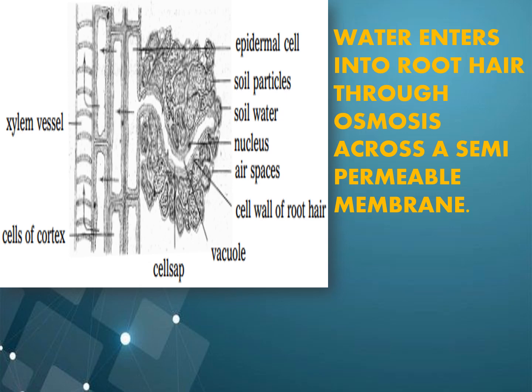This process we have already learned in the previous class, in the chapter on movement of substances through the plasma membrane. The entry of water dilutes the contents of the root hair, and it becomes more dilute than the neighboring cell. As a result, the water passes into the neighboring cell, which in turn becomes diluted. So finally, water enters the xylem vessel.